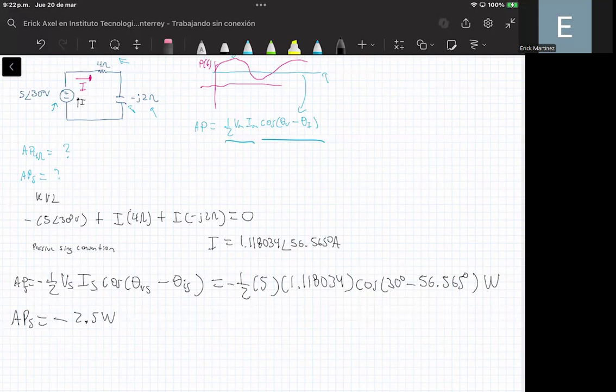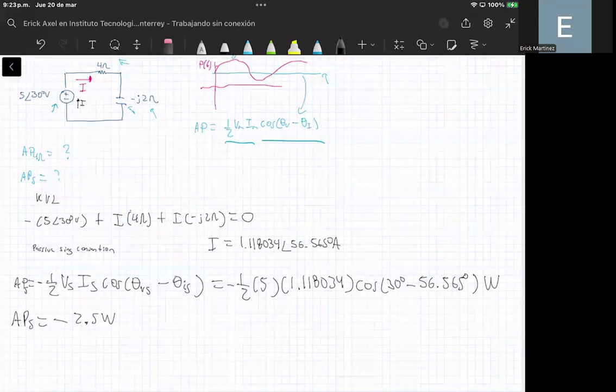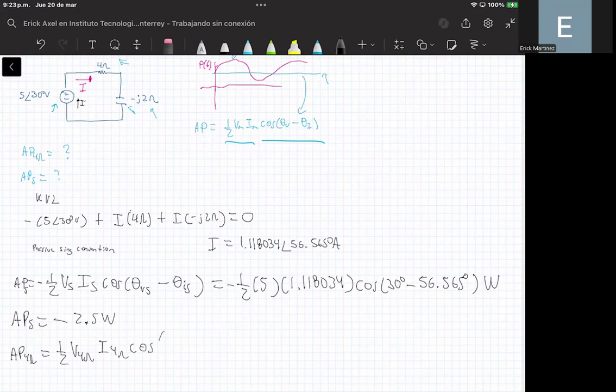And what else can we do? Well, now we can compute the average power of the 4 ohm resistor. So the average power of the 4 ohm resistor is equal to 1 over 2 times the amplitude of the voltage that is applied to this 4 ohm resistor, times the current of the 4 ohm resistor, times the cosine of the phase